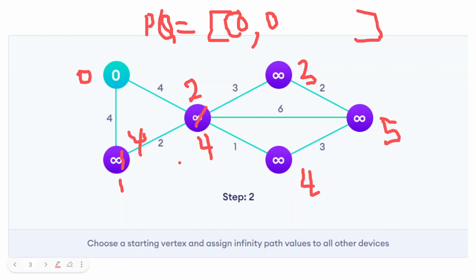When you are updating this, you'll be adding that to this priority queue. The distance for this node from the source node is 4, right? So you'll be adding 4